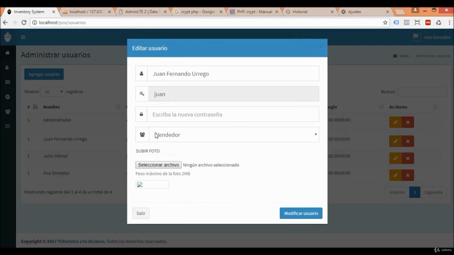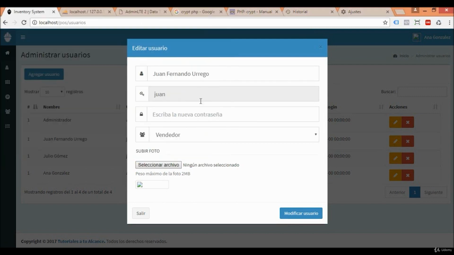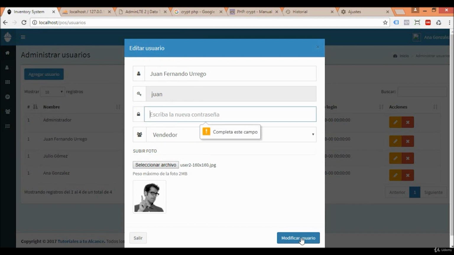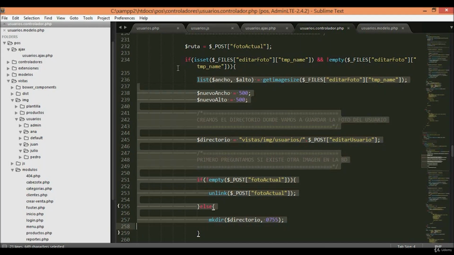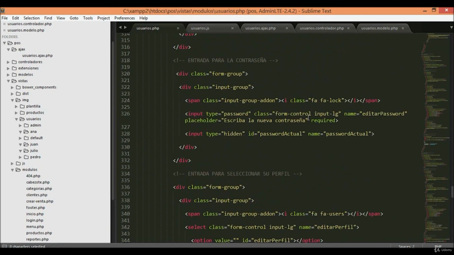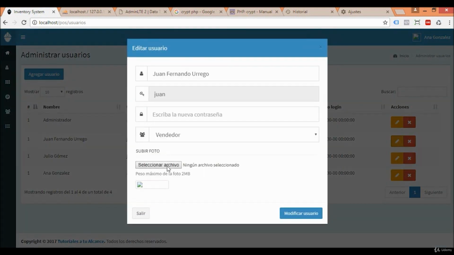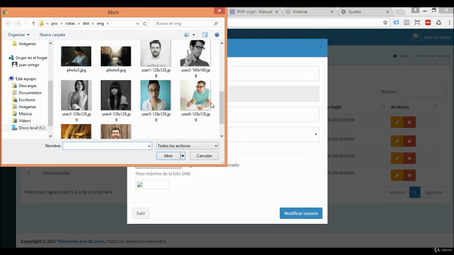Let's update again the pictures of our users. So for Juan it is this one, modify the user. Okay, here is presenting a problem because I have stated that this file is required. So we have to delete this because we will need to change. So we update and refresh, and we select the picture